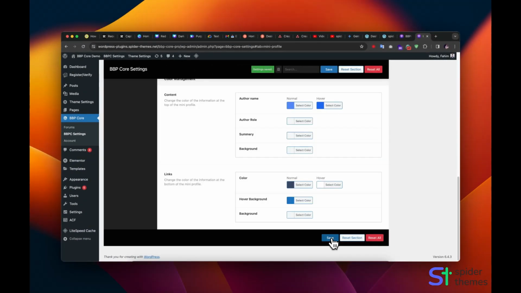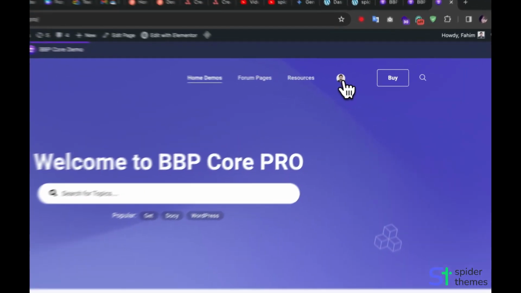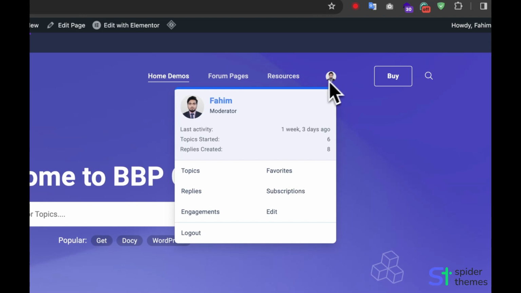Let's save the settings and go to our site. Now you can see the Mini Profile, click it. Here you can see the details and changes we have made in the Mini Profile settings, like colors, hover colors,